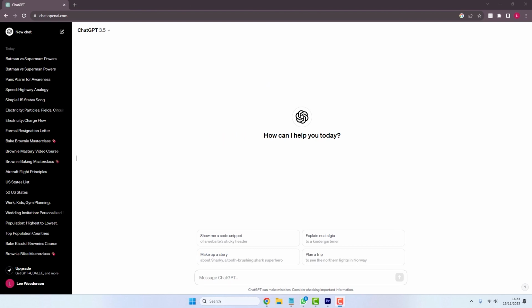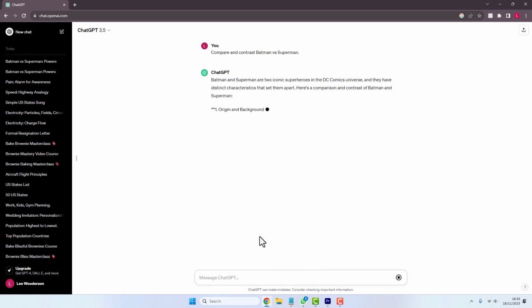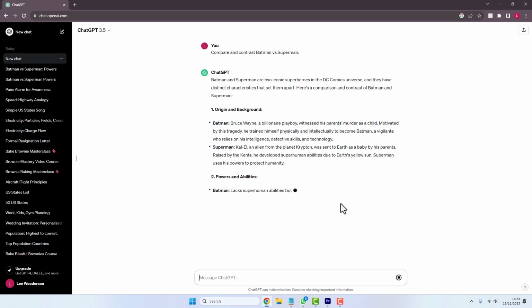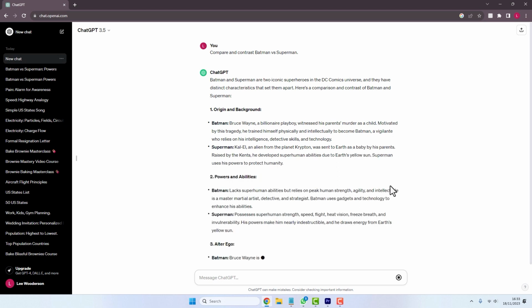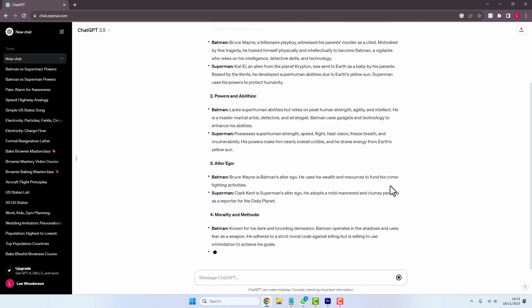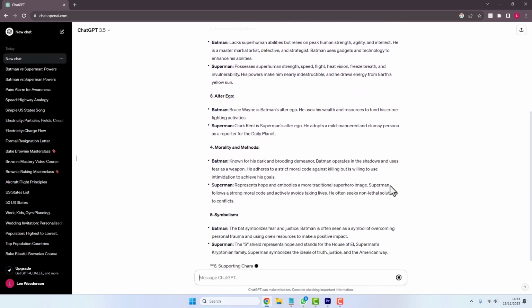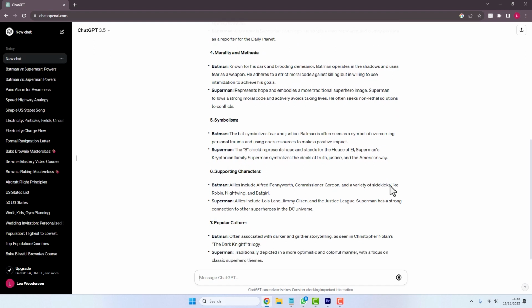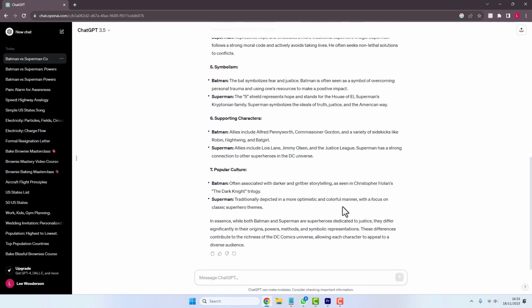Another great use case is the ability to compare and contrast information. So in this case, I'm going to compare Batman versus Superman. And we say compare and contrast Batman versus Superman. It's going to list out all the facts, and then it's going to summarize it. So in essence, while both Batman and Superman are superheroes dedicated to justice, they differ significantly in their origins, powers,